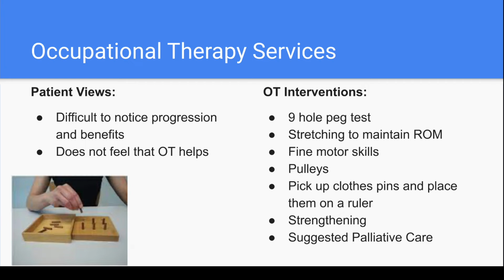OT interventions include the 9-hole peg test, stretching to maintain range of motion, and fine motor skills. She uses pulleys for her shoulders. She picks up clothespins and places them on a ruler, again practicing those fine motor skills. She also does strengthening, and this palliative care has been suggested to manage mental, physical, and behavioral health through an interdisciplinary